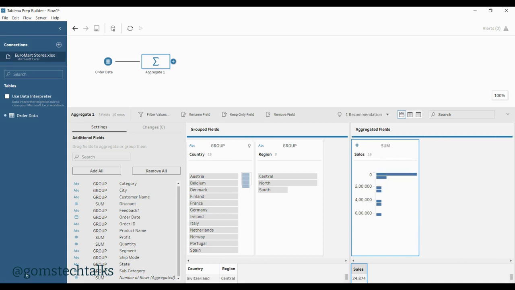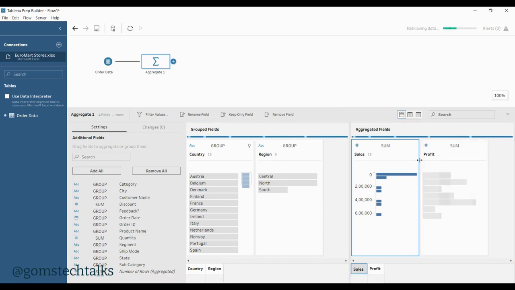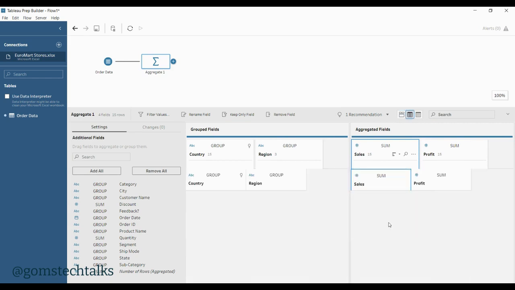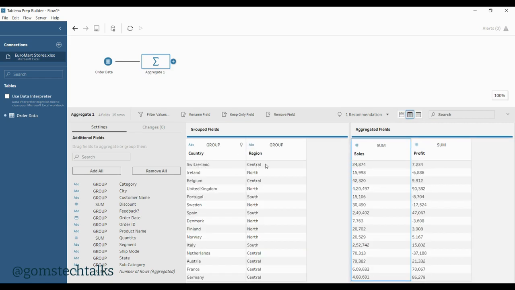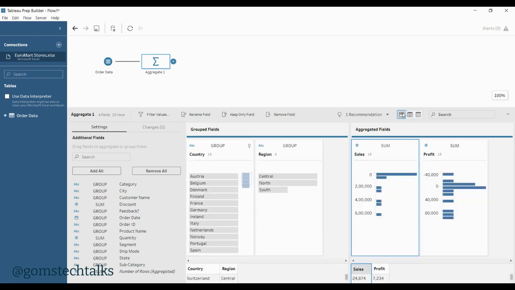If you want to see aggregate functions like profit and sales, you can click and drag them over there too. For example, see the sales and profit in Switzerland's central region. The first consideration is country and the second is region, and based on that you will find the sum of sales and sum of profit. So this is about the aggregate step.